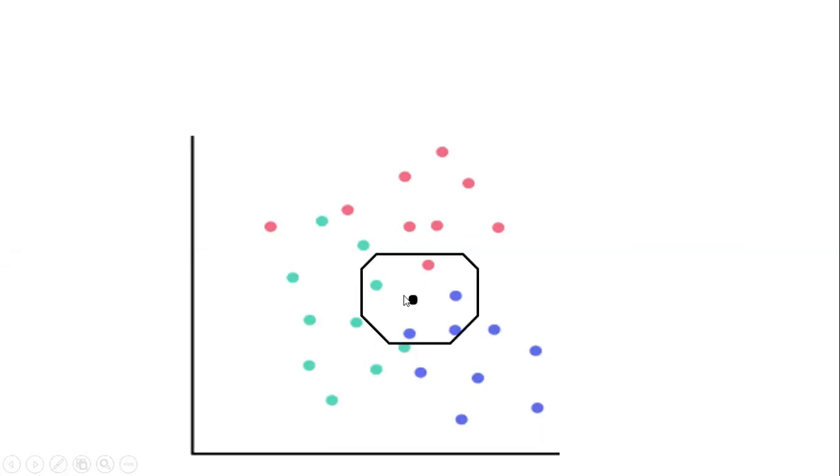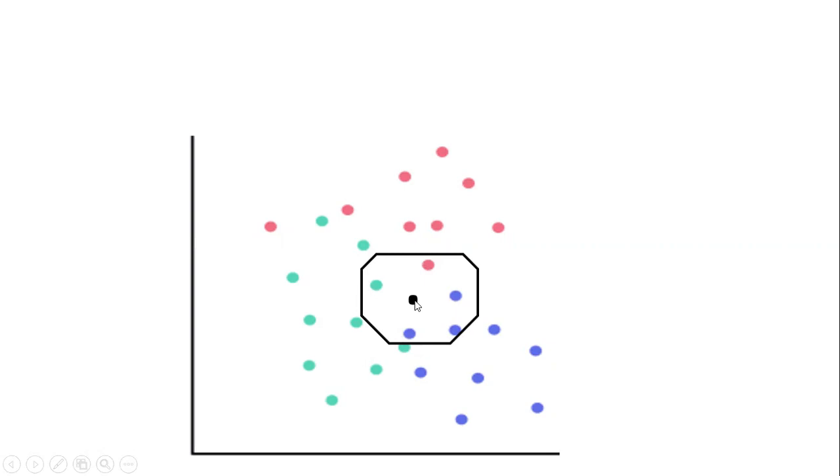In the K-nearest neighbor algorithm, K stands for an integer which is already predefined based on some calculations. Assume that K is 5. In that case, we'll consider the 5 instances that are nearest to our query instance. We'll draw a polygon like this that will cover the 5 nearest instances to our query.